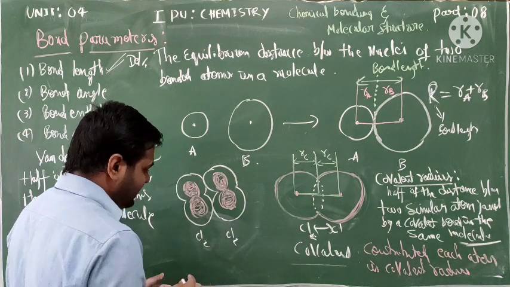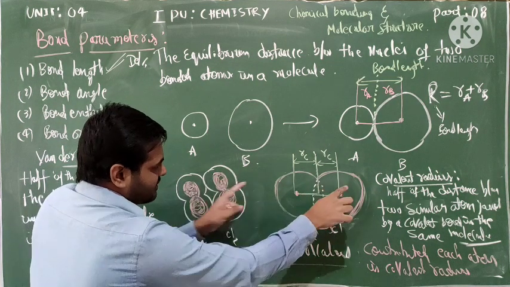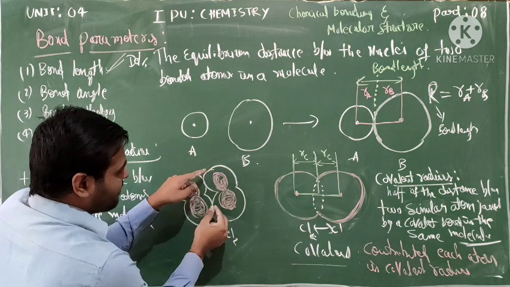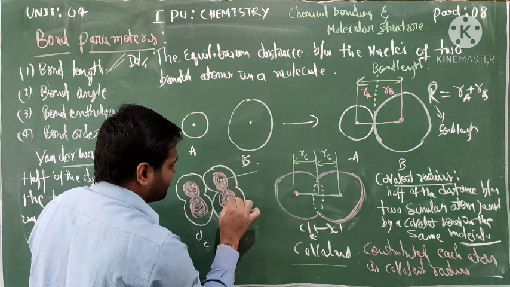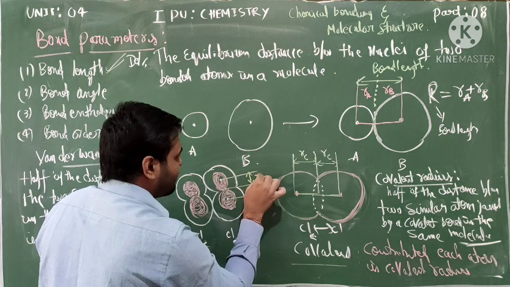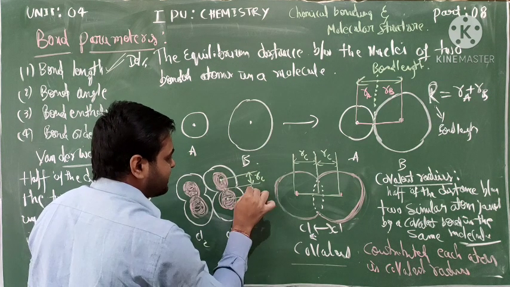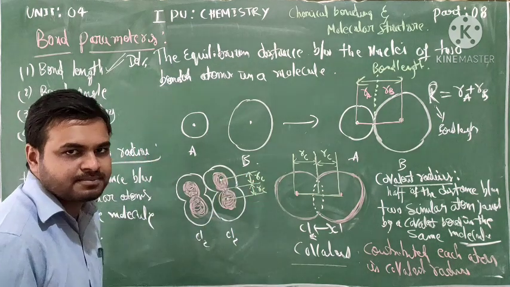So, to know about atomic radius: atomic radius is the covalent radius. The covalent radius is, this is a covalent bond. Assume it is like this covalent bond. This is the center, right? So half of the distance is called what? RC. This is also RC. This is one covalent bond.